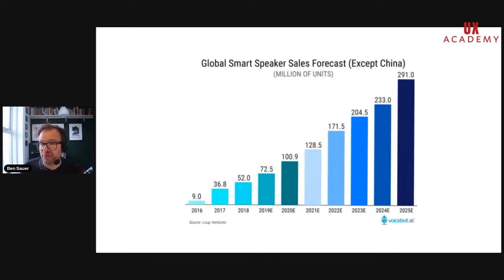And there are some big forecasts about how this is going to pan out. This is from VoiceBot, which is one of the main websites out there. You can see here, these estimates are slightly old, but they are roughly on target, that we will have an awful lot of speaking devices around us. What that means for us as designers and the services we're working for is that we'll need to be prepared for this conversational future, or rather this mix of things that we're going to have to design for.